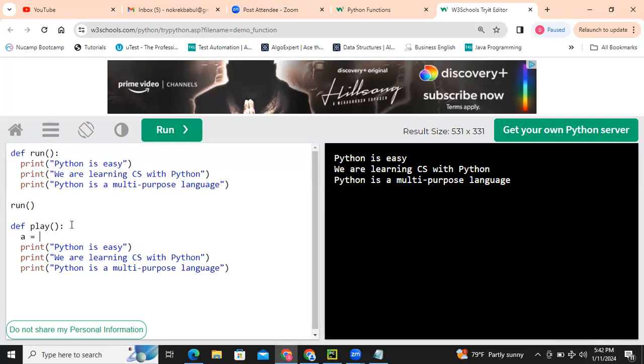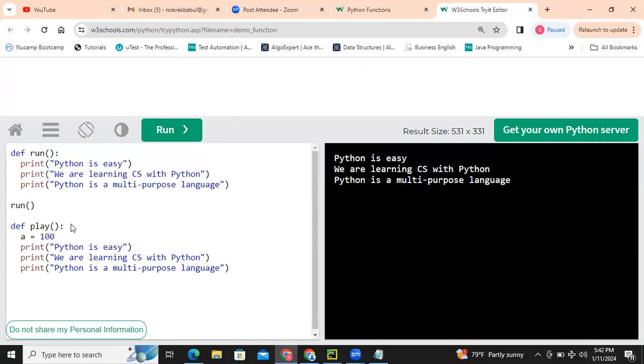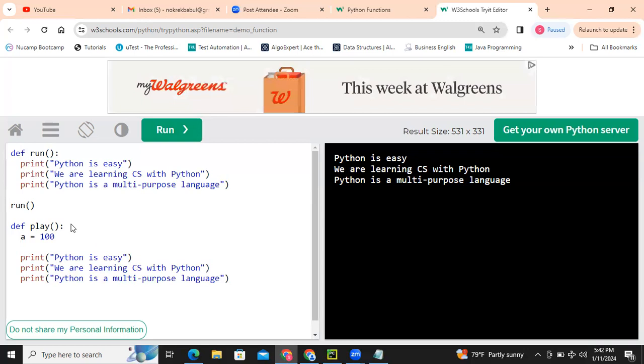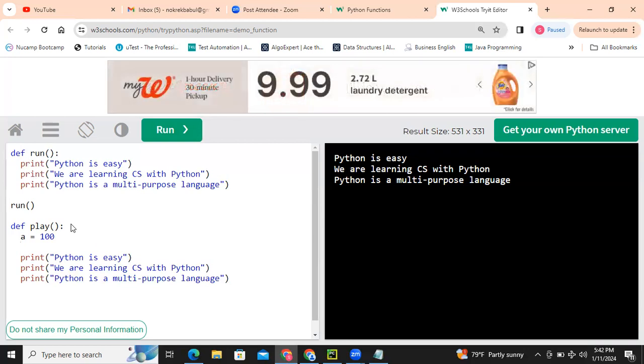Is that right? You can even use different data if you need. Okay, you can use variables. You can even use different data types.